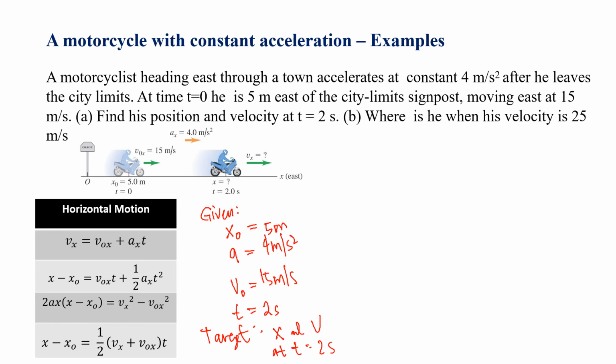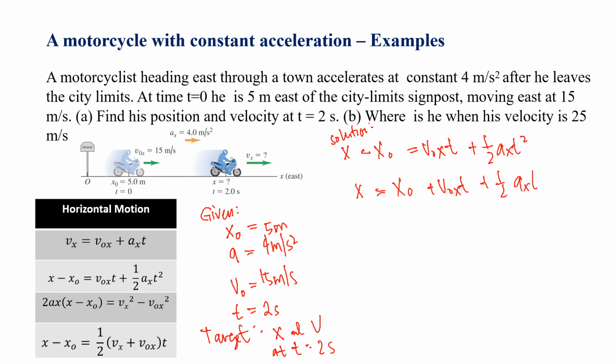We can use equation 2 to solve for x, and we can use equation 1 to solve for the velocity v. Finding for x, you have x minus x naught equal to v naught t plus 1/2 a t squared. We're only solving for x, so you have your x is equal to x naught plus v naught t plus